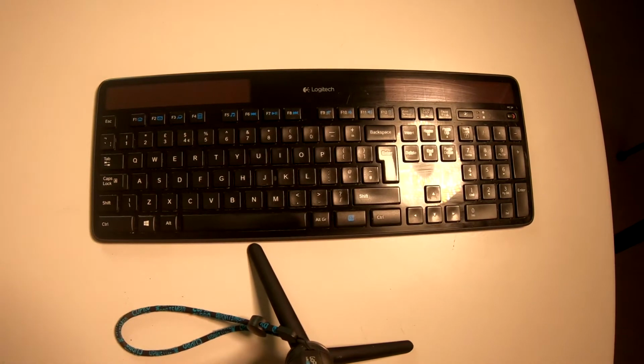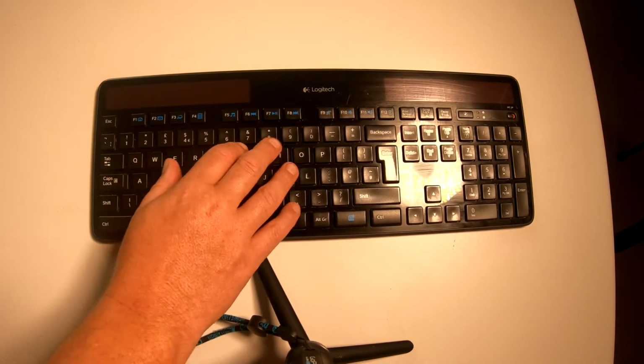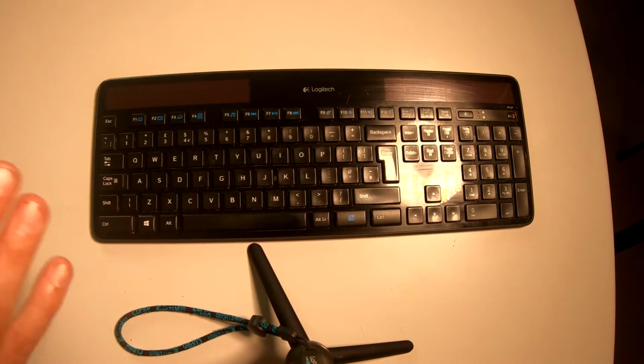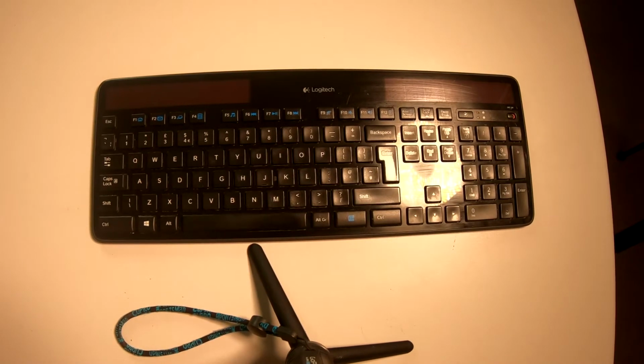It's a brilliant keyboard, lovely to type with, super soft keys, everything like that. But it's probably 4 or 5 years old now, and they're about £60, £70 to buy. So not expensive, but not cheap at the same time. And it charges up absolutely fine still, but only up to about 80%. So I was thinking, oh, maybe the battery is now